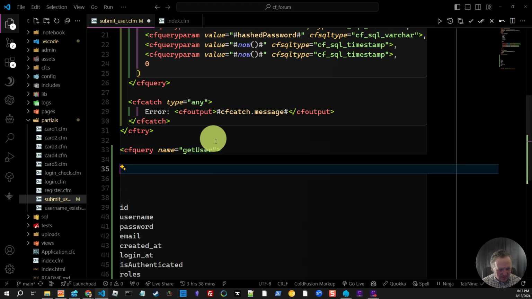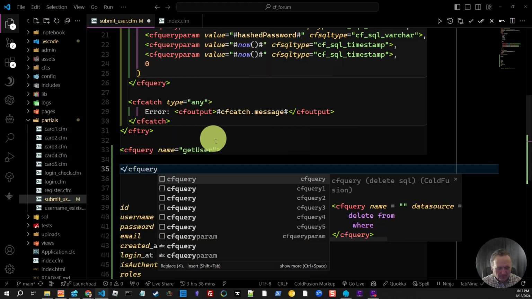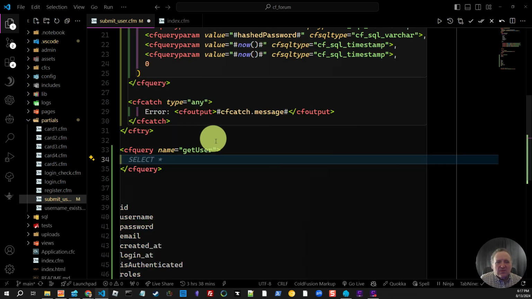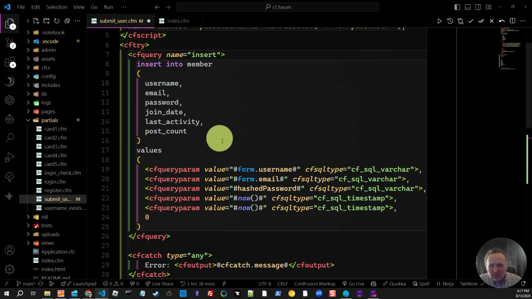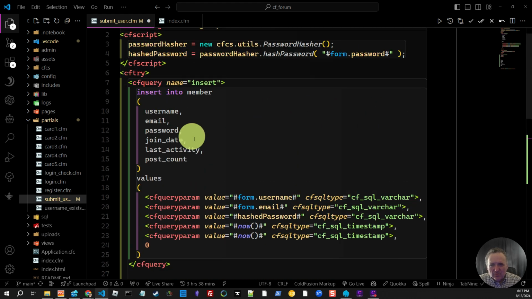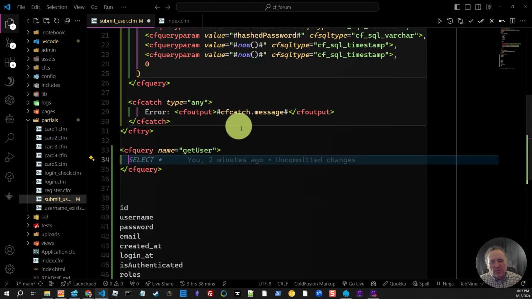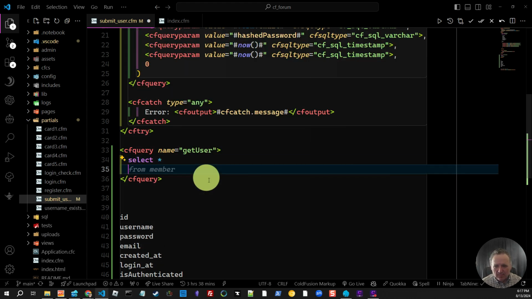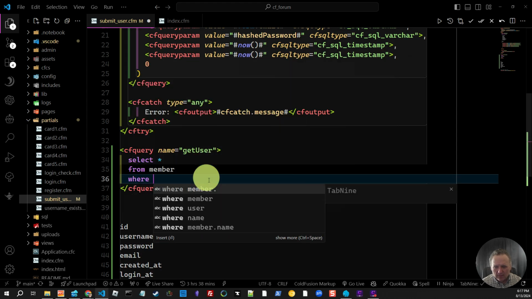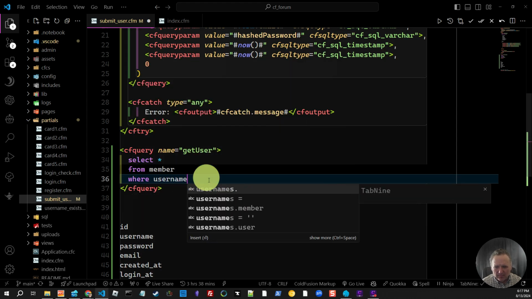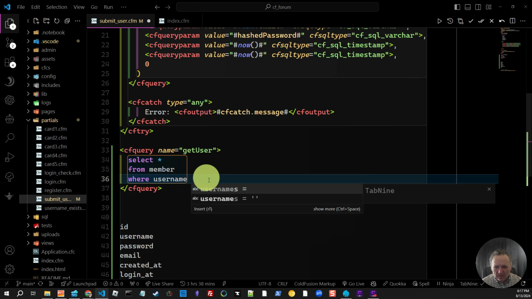and we're going to say CF query, and so when you insert, you're going to want to get the user. So let's see here. There's multiple ways to do this. Let's actually do it this way this time. We're going to select and get everything from member where user name equals, and then we want it to be